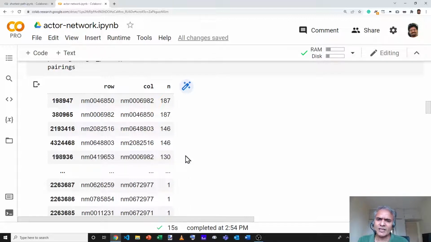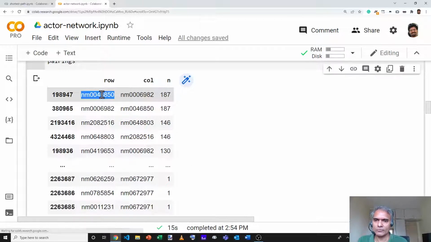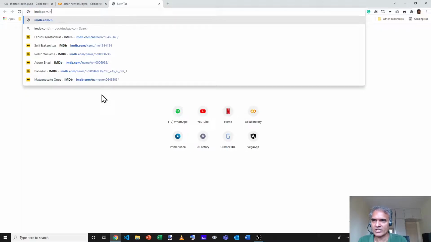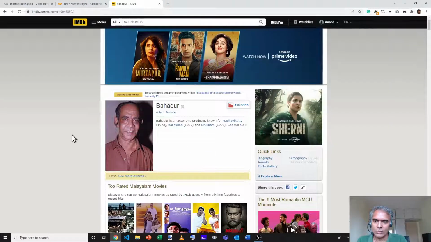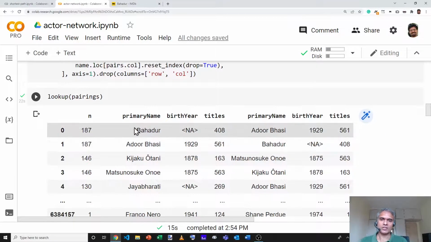It would actually be nice to have the names of these actors so that we can explore. Now, it's possible for us to manually look up some of these, such as IMDb/name/this ID. And that tells us that one of the actors is Bahadur. But it's going to be easier for us to write a lookup function that does that. Again, I'm not going to go into the lookup function, but here's what the result looks like.